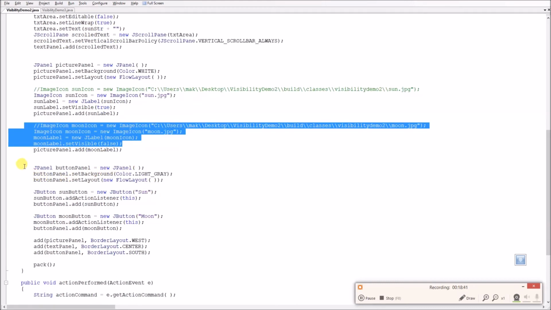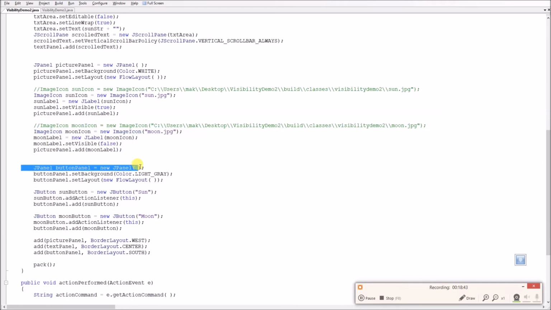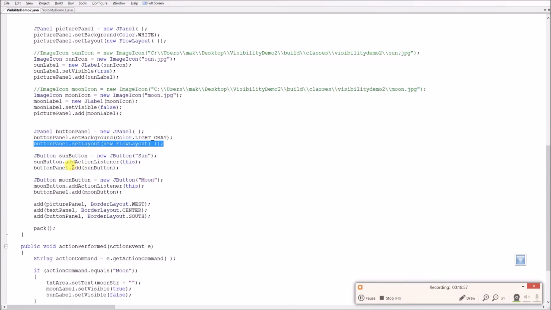And then finally we are going to create the button panel. So we have created the button panel, in which we are going to add the sun and the moon button. We are setting the background for the button panel as light gray, and setting the layout for the button panel as the flow layout. Components are going to be arranged from left to right, from top to bottom. And then we have created the buttons. We create the sun button,